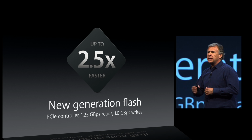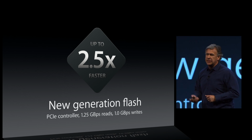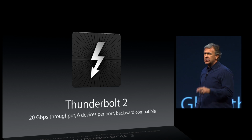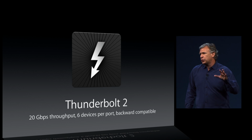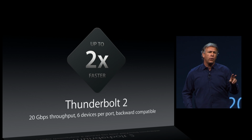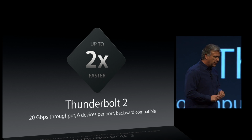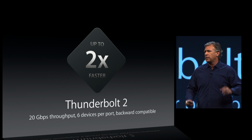All expansion is external. You can add storage arrays. You can add expansion chassis over the brand new announced Thunderbolt 2. This is 20 gigabit per second, up to 6 Thunderbolt 2 devices per port. It's backwards compatible with Thunderbolt 1 and FireWire, and it's double the performance of the industry standard and industry-leading Thunderbolt 1. But the place where the team has probably gone the most crazy and done something we've never done before